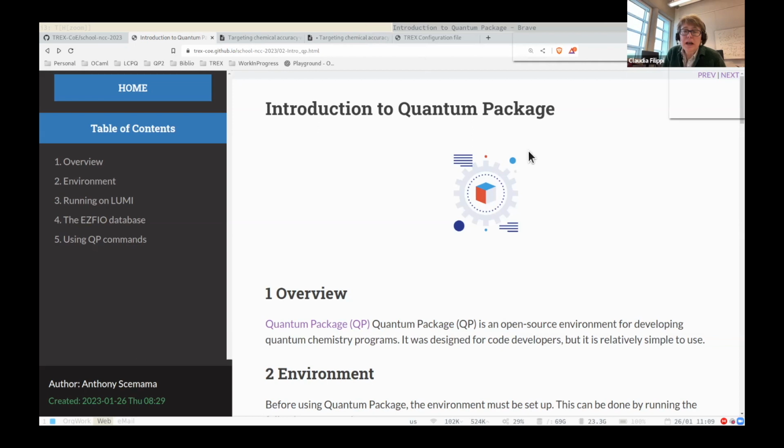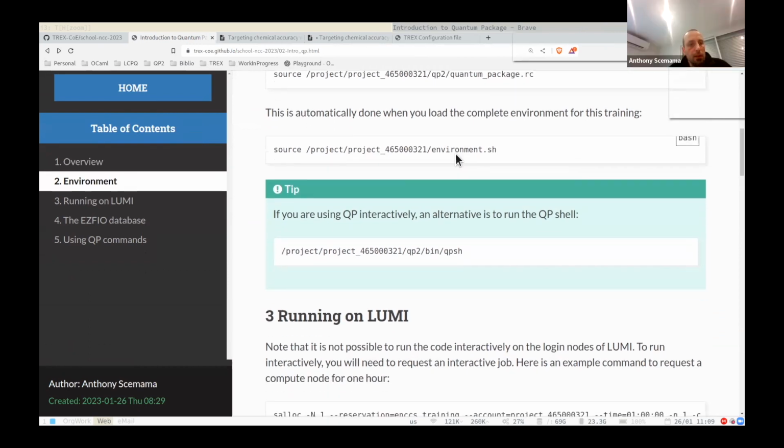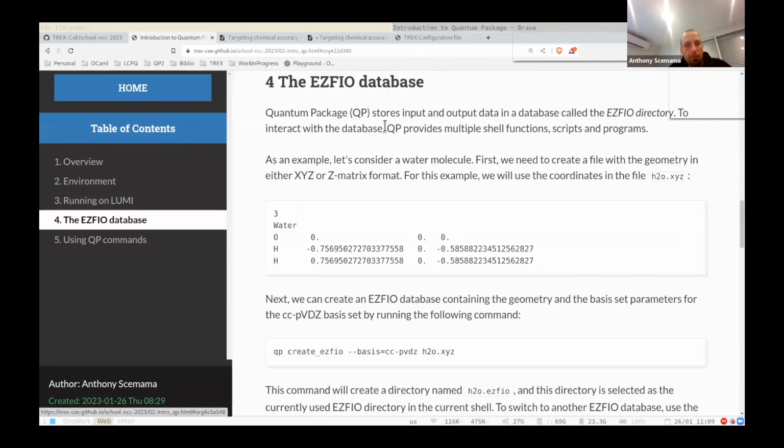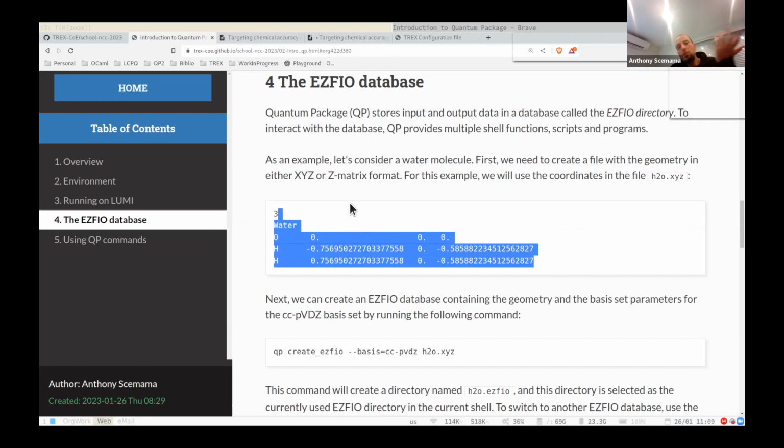Sophia asks, can you just repeat how you create the database? You can look at section 4 here. You have an XYZ file on your computer, whatever file. What I propose to do is to create one using these coordinates. That's a water molecule in XYZ format. So you open a file, you copy paste this inside, and you call it h2o.xyz. Now on your computer you have nothing but h2o.xyz, and then you run